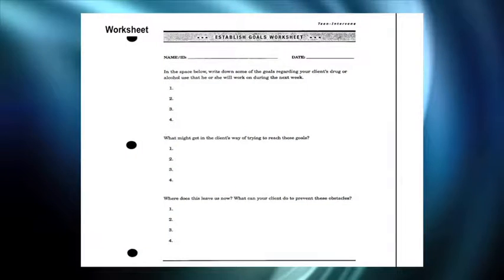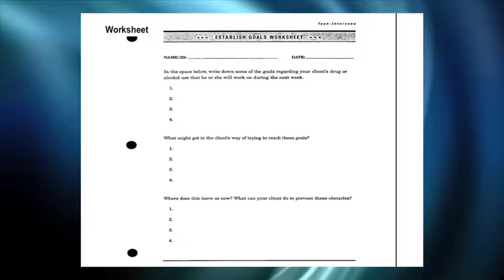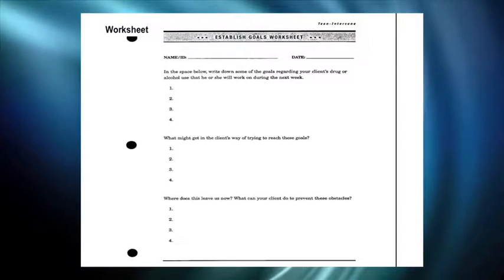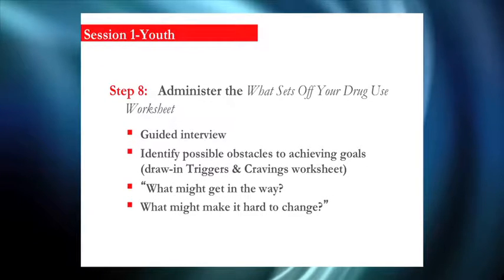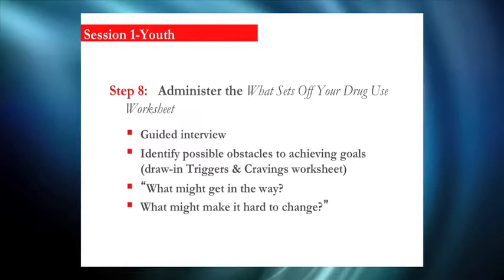Okay, so, well, worksheets, you have worksheets, you can fill out established goals. And that worksheet allows you to write some things about what you think might be getting in the way of the teenager reaching those goals from the discussion. But more formally, you're going to now look at a very common barrier to achieving goals in this arena, and that is the triggers and cravings get in the way.